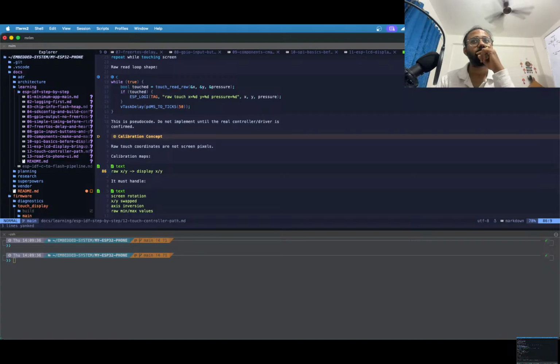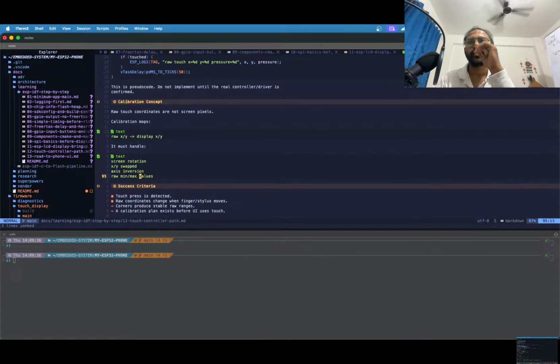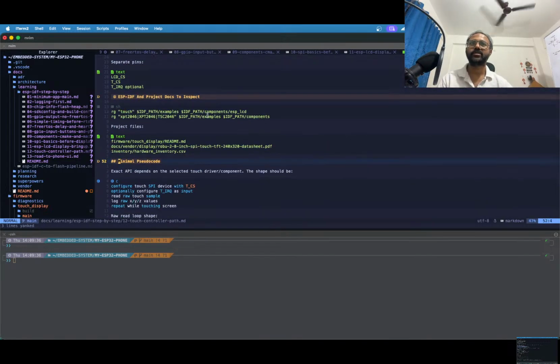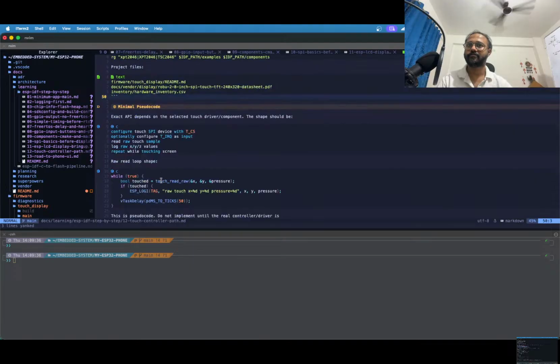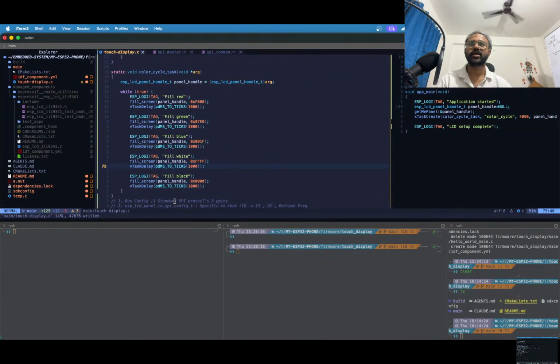Oh, raw coordinates are not pixels. You need calibrations. ठीक है, ये तो maths है, maths तो easy है, figure out कर लेंगे. We are more interested in getting the readings, and as per my understanding इस component का जो header file होगा उसको include करके हमें ये touch raw read करके उठाना पड़ेगा. और इसको चाहिए XY pressure. Interesting. अच्छा, उसका pseudo code नहीं दिया है इन्होंने, configure करना पड़ेगा ना, तभी तो आएगा ये सारे values. Okay,